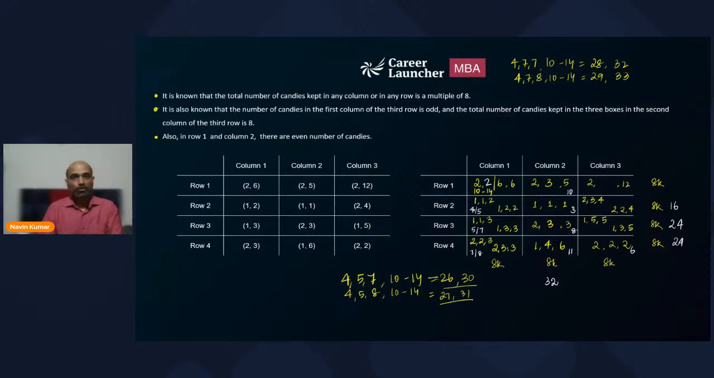So we'll have to change that. Now, instead of 4, let's put 5 and check. If I take 5 and 7 and then 10 to 14, this is going to give me 27. And if I take 14, this will take me 31. 5, 5, 7 is not working. What about 5, 5, 8? 5, 5, 8 and 10 to 14 will take me to